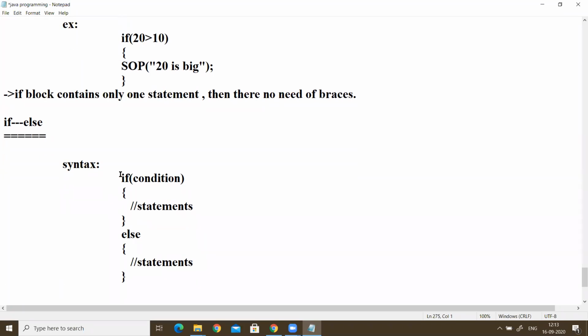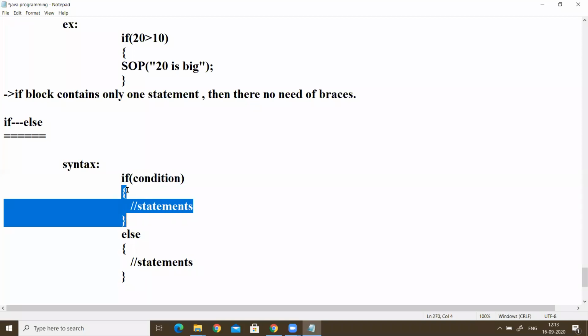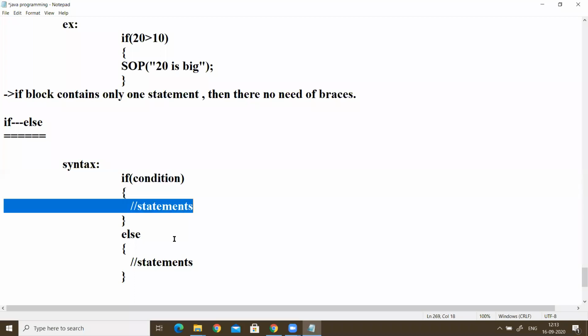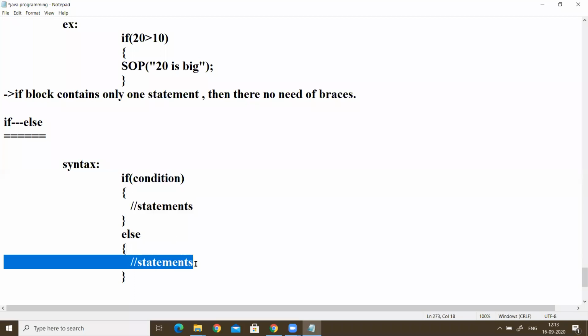Now in this, the first block, if the condition is true, then these statements will execute. That means if block statements will execute. If this condition is not true, if it is false, then it skips these statements and then enters into the else statements. So else statements will execute.